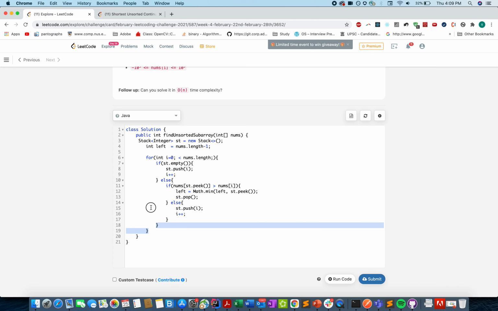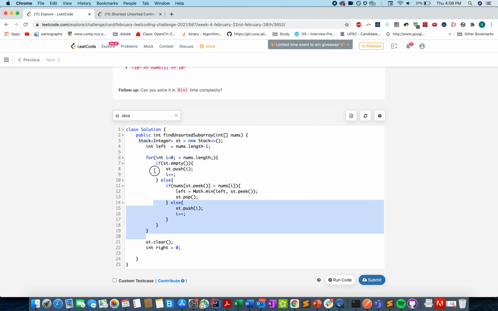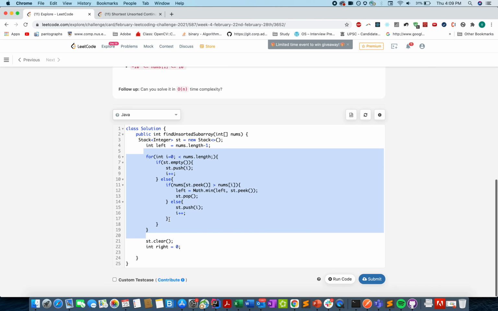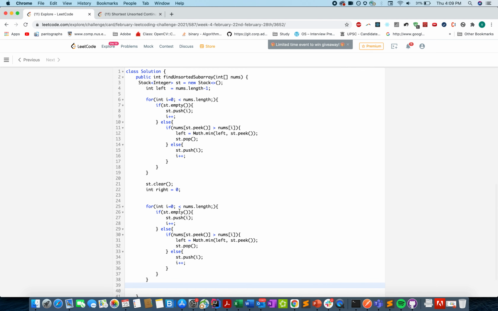So using this approach, we have found the leftmost index, and let's repeat the same process for the rightmost part. Integer right equals 0, and let's just copy paste this for faster code. Instead of moving from left to right, we'll move from right to left, till i is greater than 0.